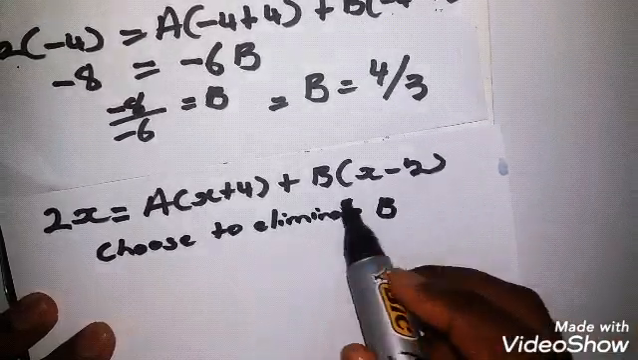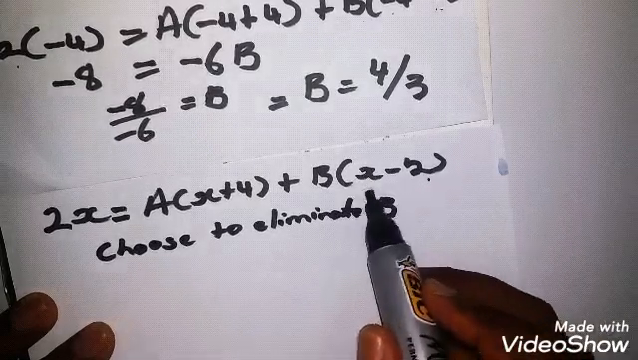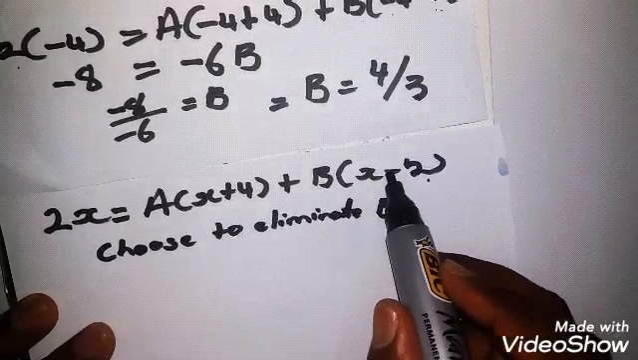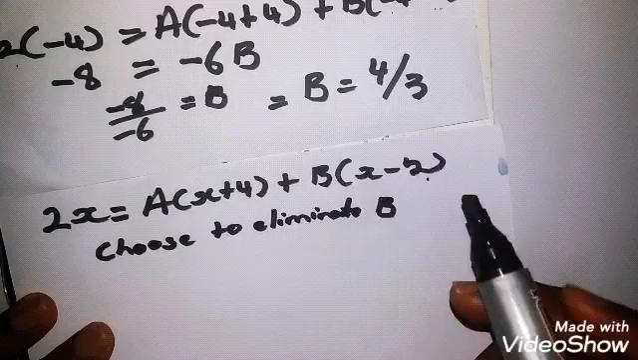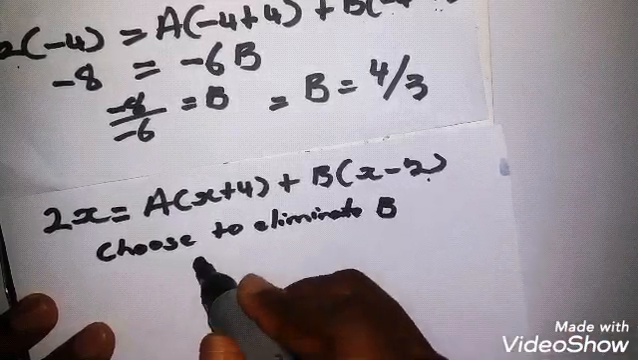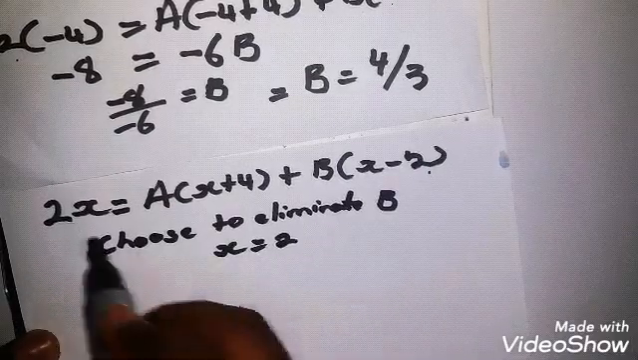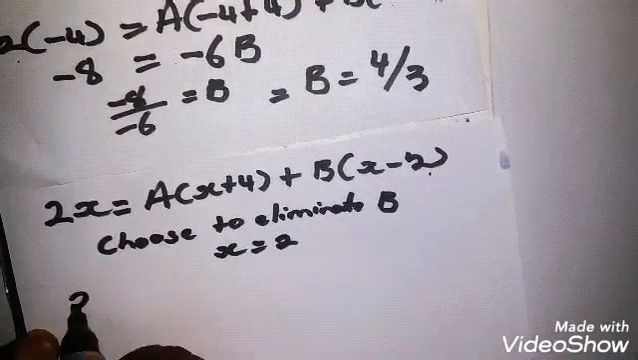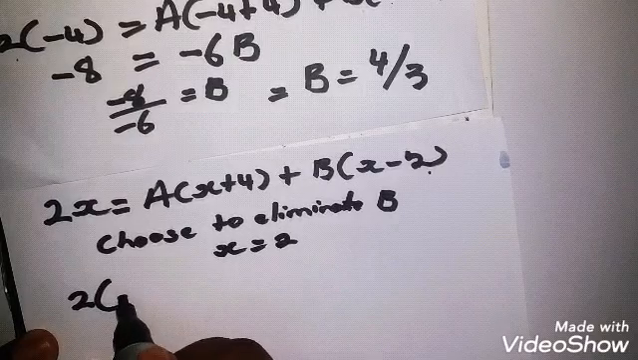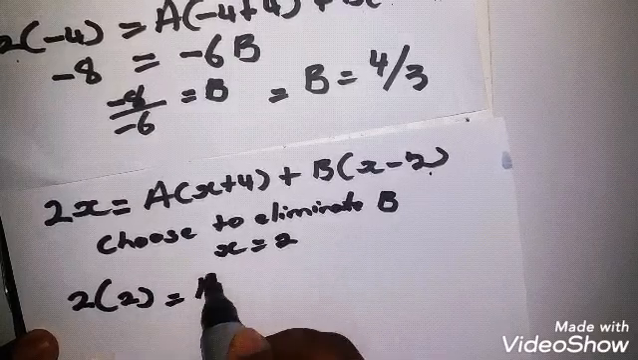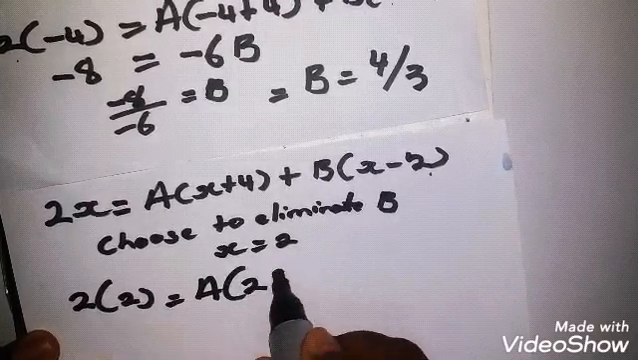Eliminate b. B times x minus 2. So to make this value 0, we take 2x to be 2. That implies x will be 2. So we substitute 2 for x anywhere in the equation. So we have 2 times 2 equals a times 2 plus 4